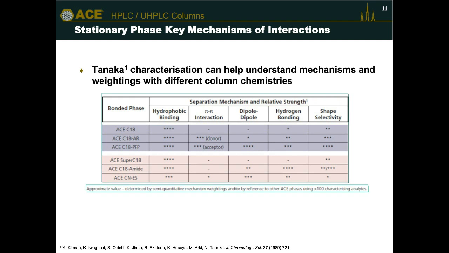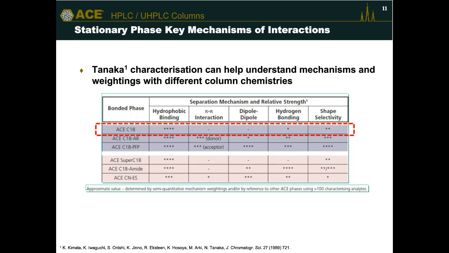The Tanaka protocol is a very simple protocol that you run certain compounds down each of the different column chemistries, which are defined in the protocol, under certain conditions. You calculate ratios from the retention factors of different compounds, and this gives you a value. And the size of this value indicates the weighting of different mechanisms. So for instance, with a standard C18 column, we perform the different tests from the Tanaka protocol, and you can